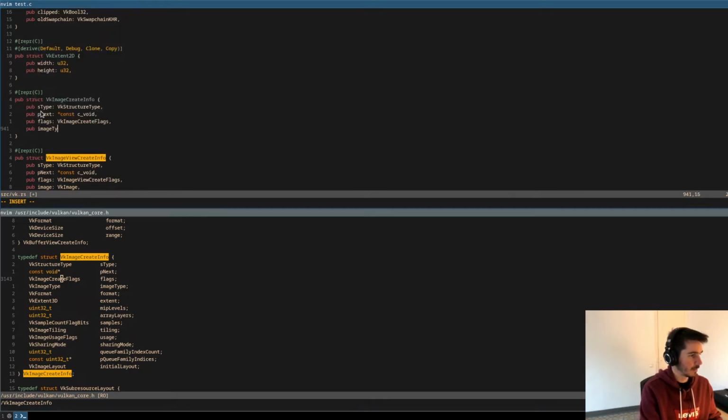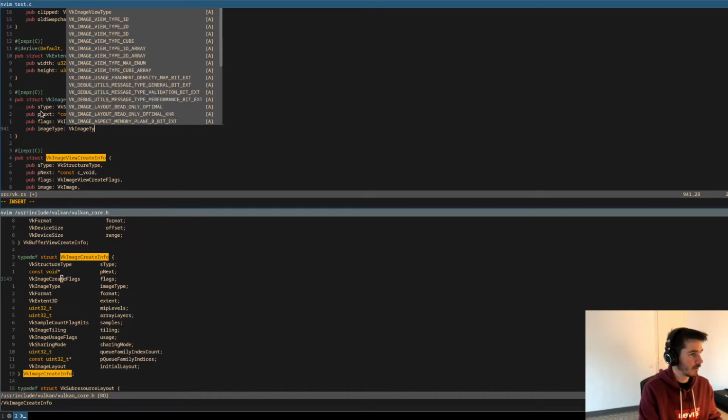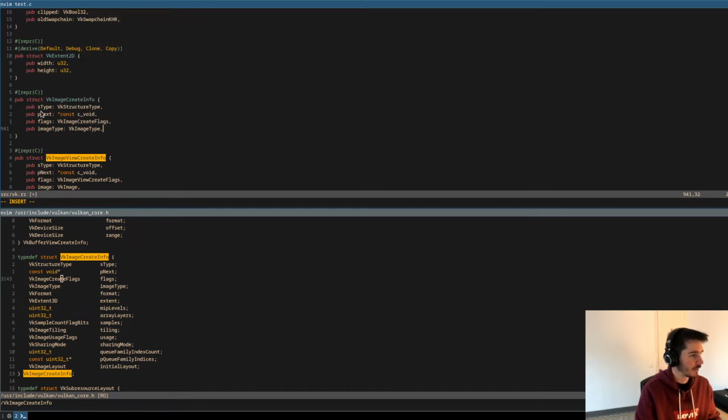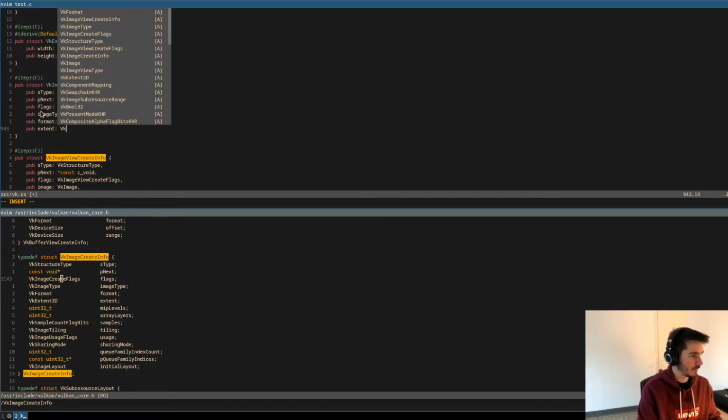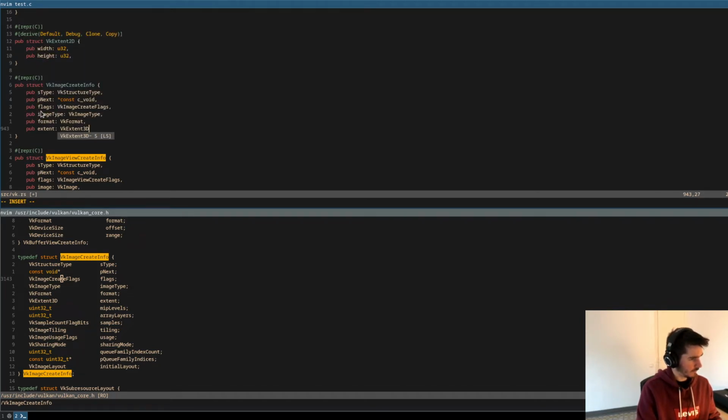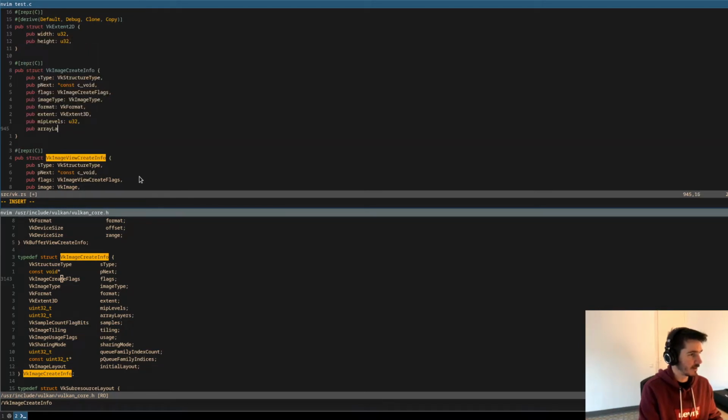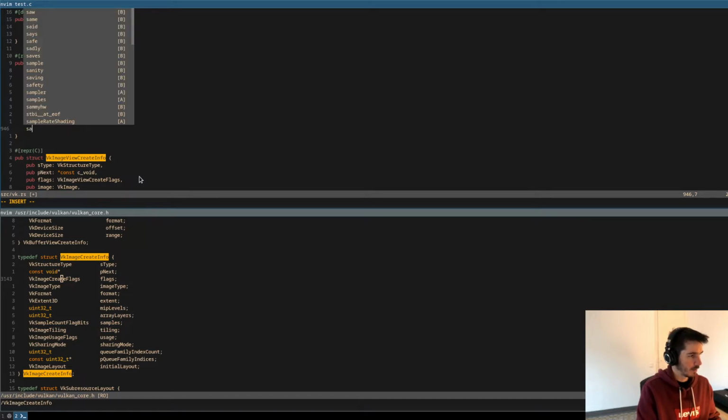The image type, whether it is 2D, 3D, a cube, the format, extent, let's see, extent 3D, weird, mip levels, array layers, samples,